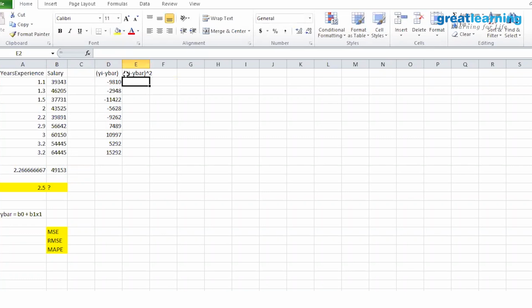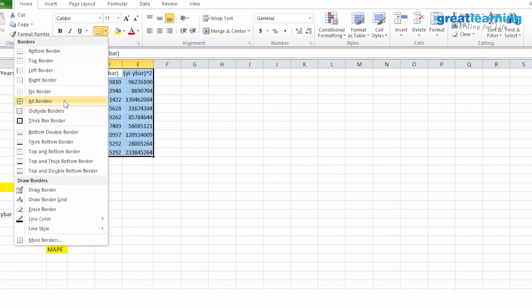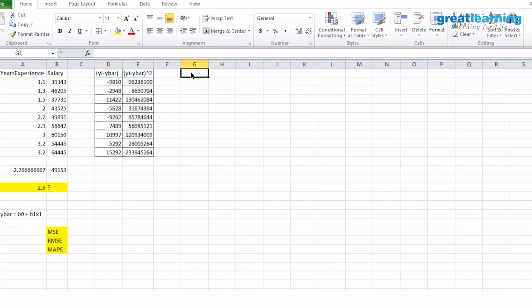Similar to the ANOVA problem that we had solved, and similar to how to find variance and standard deviation, it's again the same formula. I'm just taking the square value of all the variables that I have found here, yi minus y bar. Let me just put in a box over here. Now next is